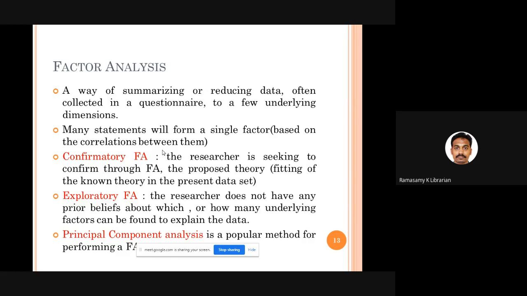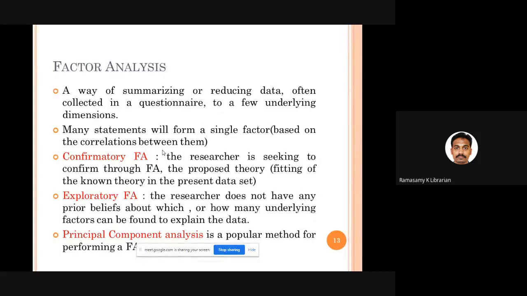And there is something called confirmatory factor analysis, wherein you have a theory. For example, there is something called the SCONUL 7 pillars model of information literacy. So the SCONUL group has already decided and devised that there are 7 factors, 7 groups of variables as far as information literacy is concerned, starting from recognize, search, evaluate, use, like that 7 pillars are there.